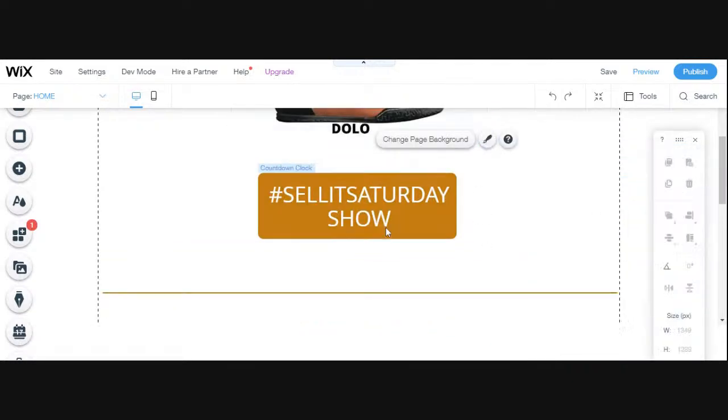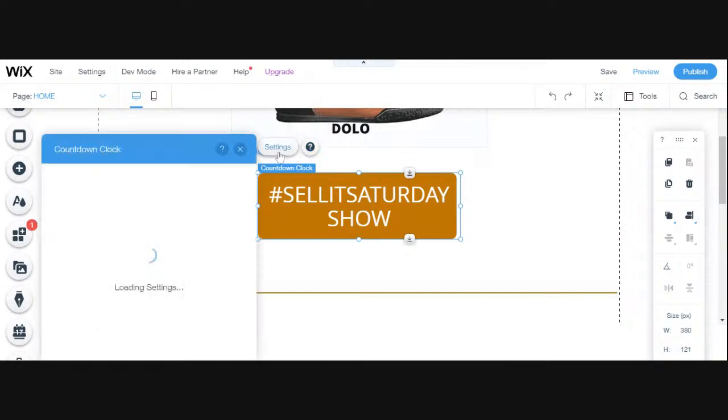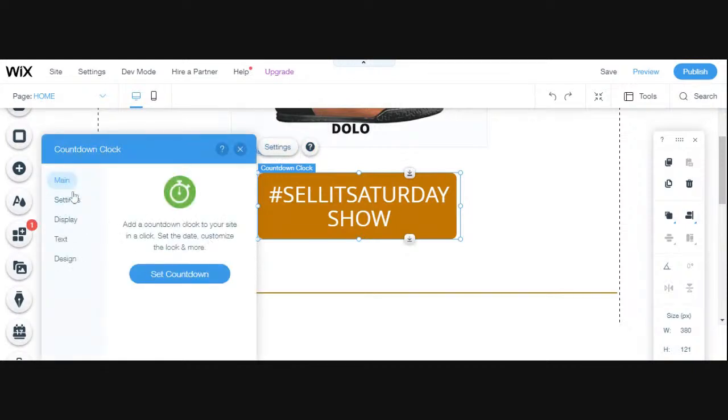Alrighty, get out of there. There we go. And so you would click on it and you can adjust the settings. Okay, you'll be able to adjust the settings. So you click on settings